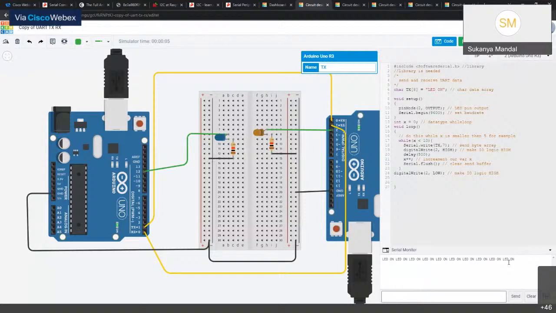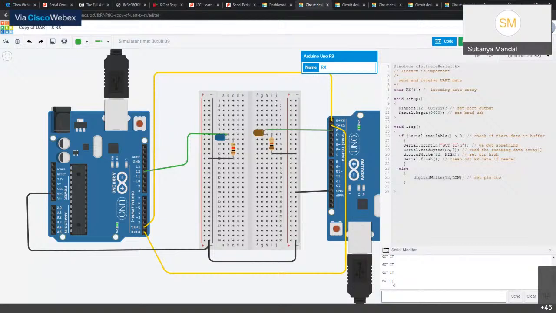Similarly on the receiver side, 1, 2, 3, 4, 5, 6, 7, 8, 9, 10. We have 10 signals. So this is just the serial mode of communication, wherein we get inputs from the transmission